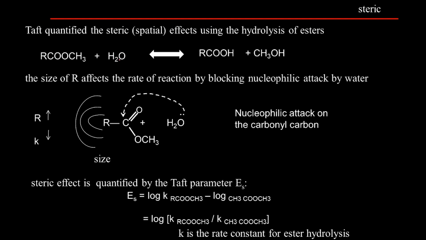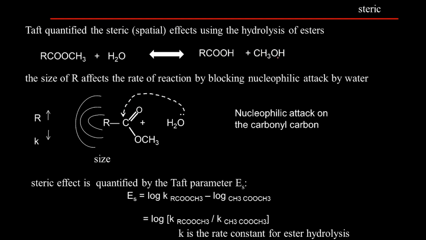Hydrolysis means water is acting, so you need a catalyst or an enzyme or something like that. So it forms RCOOH, that is the methanol, okay, methyl alcohol. So the size of the R affects the rate of reaction, because what happens is there is a nucleophilic attack on the carbonyl carbon here. So the R, okay, there is a nucleophilic attack here, okay, which leads to the formation of RCOH as well